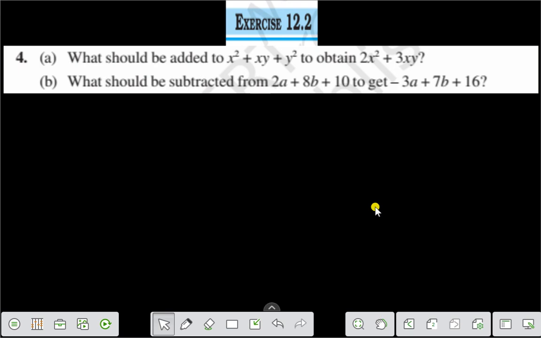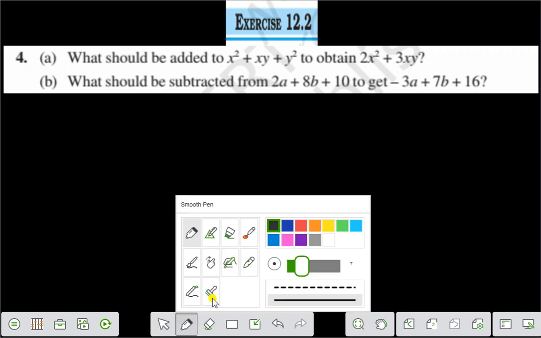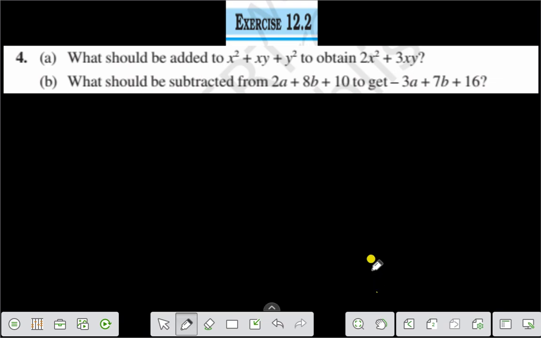4a. What should be added to x square plus xy plus y square to obtain 2x square plus 3xy? Let us solve this problem. Now the question is, what should be added to x square plus xy plus y square to obtain 2x square plus 3xy? Suppose if we ask a question like this, that